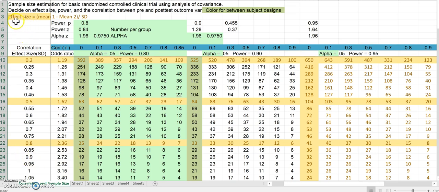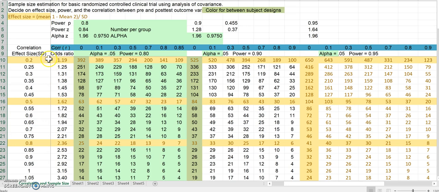As we know, the effect size is the mean of one group minus the mean of the other, divided by the standard deviation. And I have highlighted Cohen's